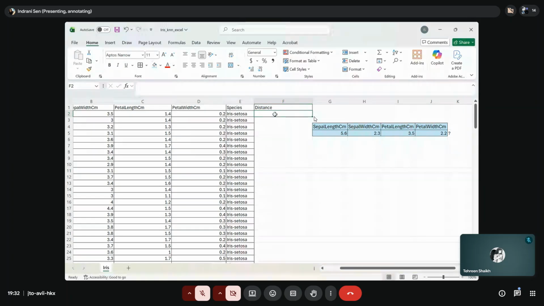Okay, so I'm calculating the distance. So how do I calculate the distance? There are many ways to calculate the distance. One of the formulas is Euclidean distance, which is x minus